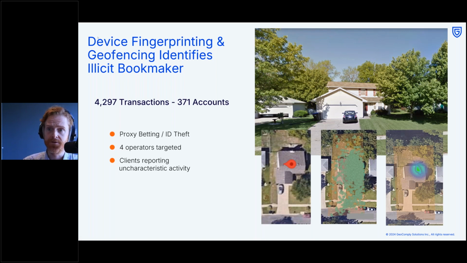This one's a great example, 370 transactions, proxy betting, 4,000 transactions, but 371 accounts, targeting 4 different operators. So operators are like a FanDuel or a DraftKings. But when you look at the map, you can see that they're operating from a house. They're operating from a room at the back of the house. So if you say, okay, I have 370 victims, decide to call law enforcement and tell them, this is what I see. If you get a mandate and you get in the house, just go in the back and you